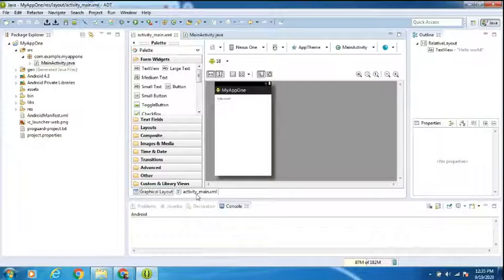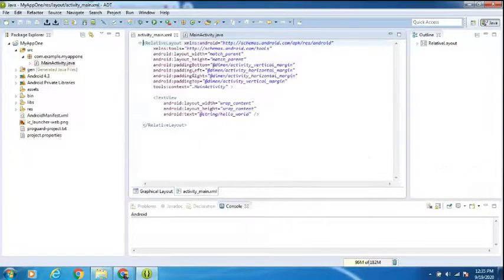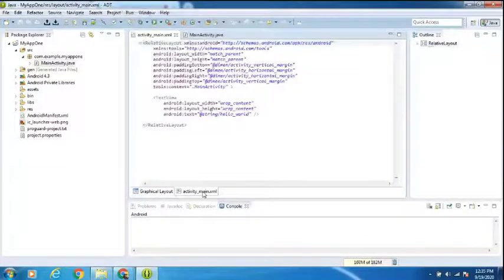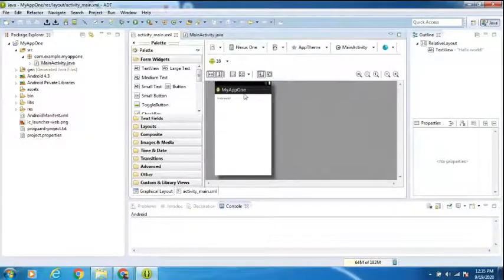This activity_main.xml is represented using XML tags. What is our x coordinate? What is our y coordinate? Where the components are placed? These will be taken care of by the activity_main.xml. This layout represents the actual GUI environment of our Android app.